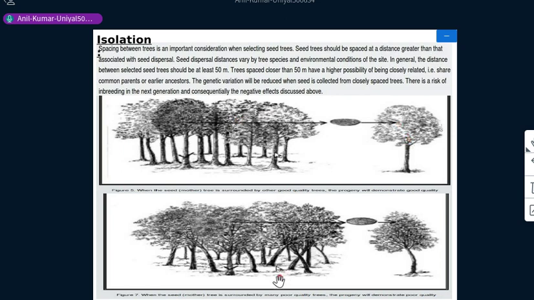But when more deformed trees are there and only one or two or a few desirable trees are there, then there may be a chance of cross pollination from average or poor formed trees also, or the result is like this. So this text is mentioned here, as we must have at least 50 meter isolation distance from malformed trees. All the specifications are mentioned as I have described about these two pictures, right?